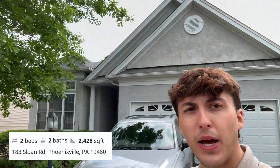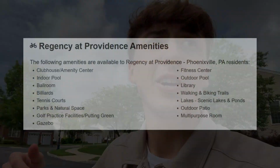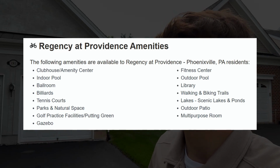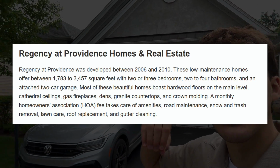Today I'm in Phoenixville. I'm actually going to showcase this active adult community here. It's a 2-bedroom, 2-bathroom home in the Regency at Providence. This is an amazing active adult community, actually very unique from many others in the area. You're going to have outdoor pickleball courts, indoor pools, outdoor pools, a gym. You're gonna have a ton of amenities, and the best part is that the HOA maintains the entire front of